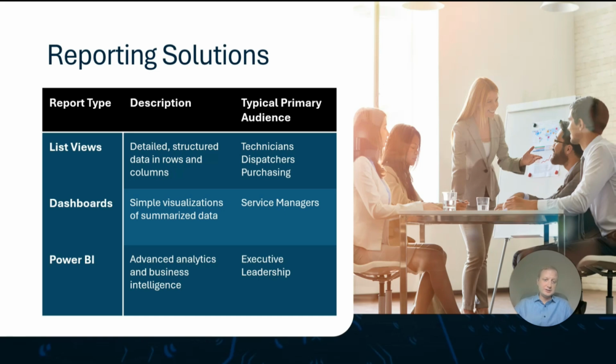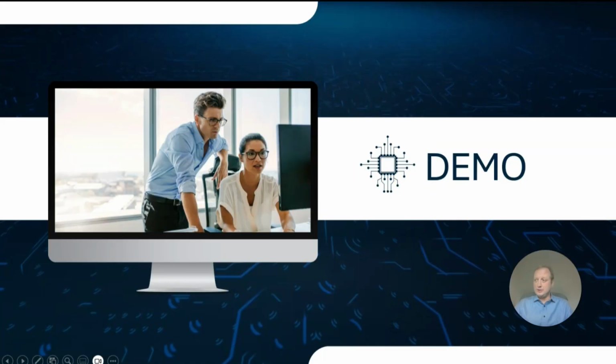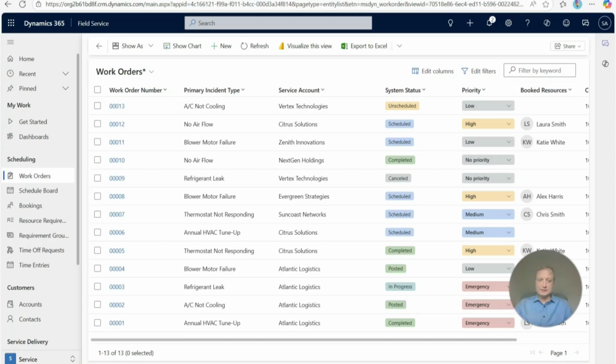So all good stuff. What I'd like to do next, though, is go on to the demo, and we'll take a look at some of this. So here I am on a list of work orders. This is a list view. So anyone who's used Dynamics 365 before is going to be very familiar with this because we use list views all the time. It's a great way to look through your data and figure out which record you want to